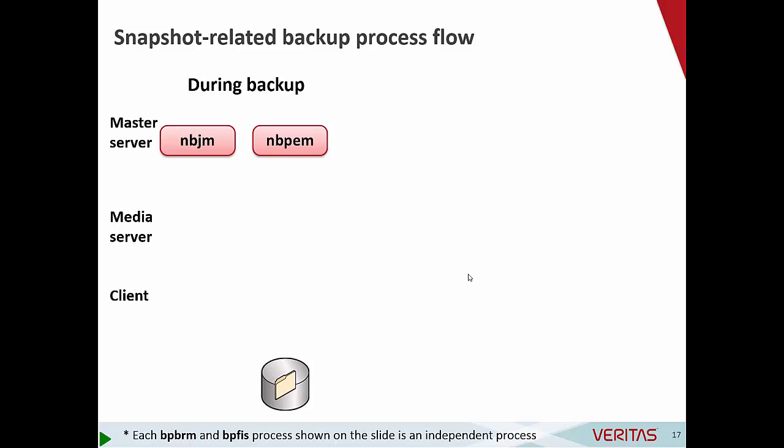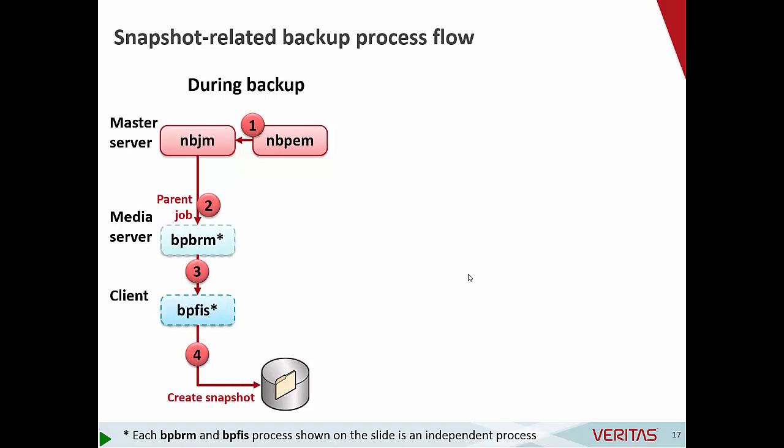Either way, the job is initiated by the NetBackup scheduler, NBPEM. The job manager on the master server is responsible for running this job, and when it sees it's going to be a snapshot job, it reaches out to BPBRM on the media server, the backup and restore manager, and starts that process. Remember, that's kind of the boss process on a media server. BPBRM sees that a snapshot needs to be taken, so it calls the BPFIS process, which is the NetBackup frozen image service. And BPFIS is going to be responsible for reaching out to whatever software it needs to talk to